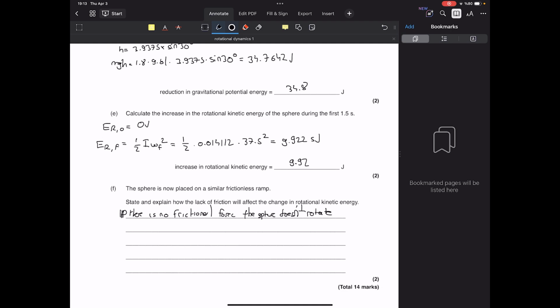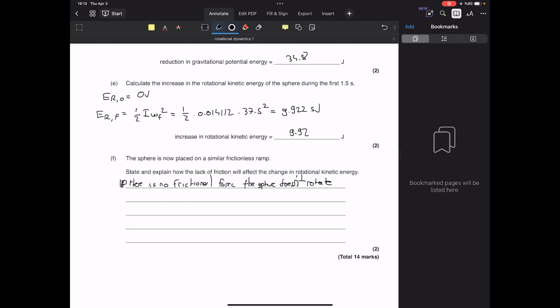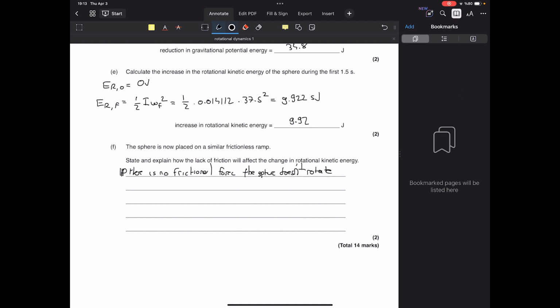I'm going to be honest, I'm lazy to write. You can write that. Yeah, that's it for this question. That's it, I think, for rotational dynamics. Now let us get to